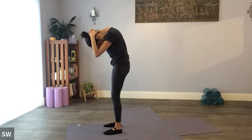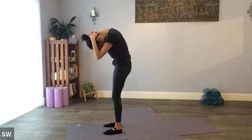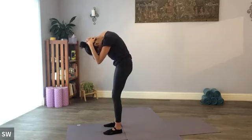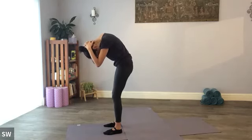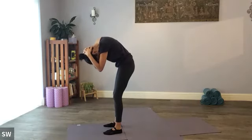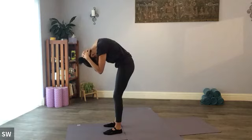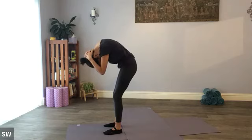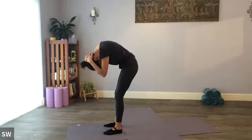Elbows heavy. Are we holding elbows out to the side just out of habit of holding tension in the shoulders, the arms? Or can we let the arms hang heavily by our sides? I'm now starting to focus on sensations in the mid-spine, coming into the lower spine. I'm pausing here for a moment. For me, this is probably the tightest area, so I'm just pausing, breathing through it, and then I'm going to